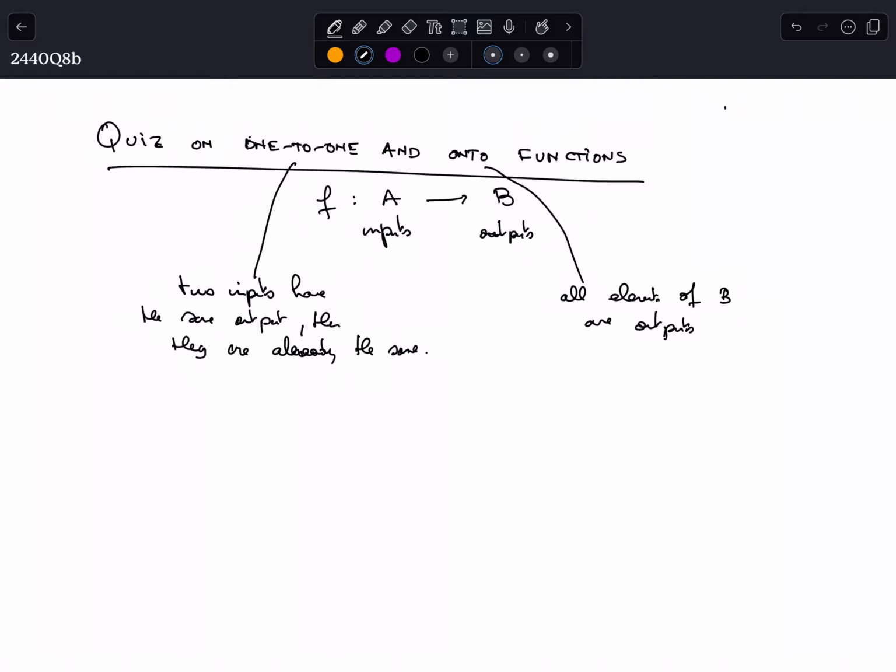We have seen some logic, and so we know that this is an if-then statement. Now we can take the contrapositive of that. We take the negation of "they are the same." That means that if we have two different inputs, then